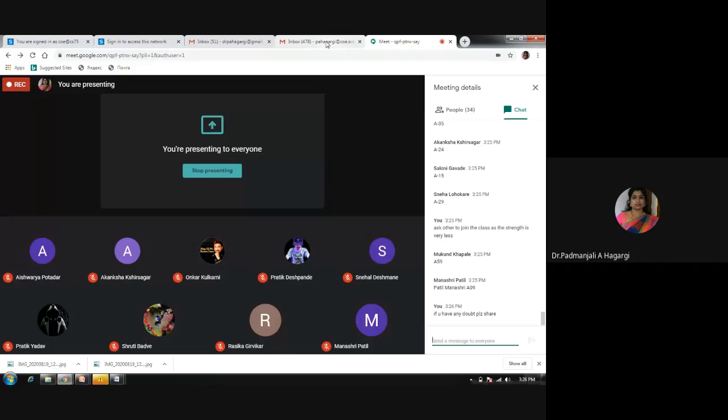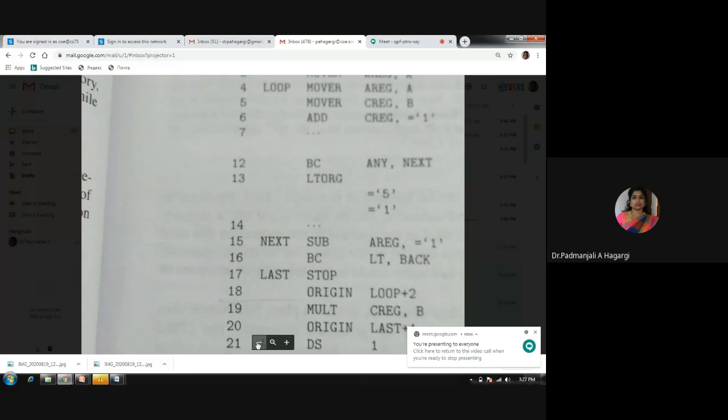I was telling about pass 1 and pass 2, how you do it. For pass 1 and pass 2, what would be the first code? Can anybody tell?